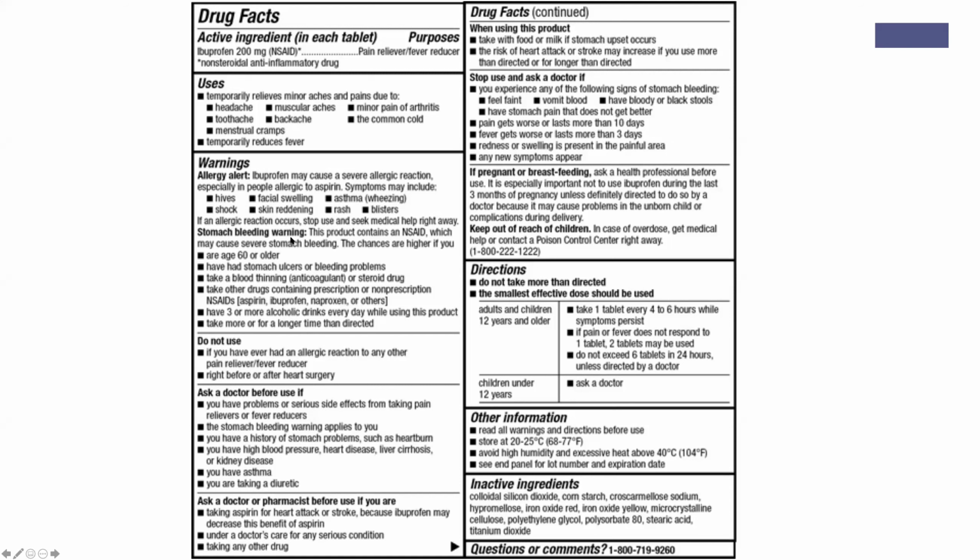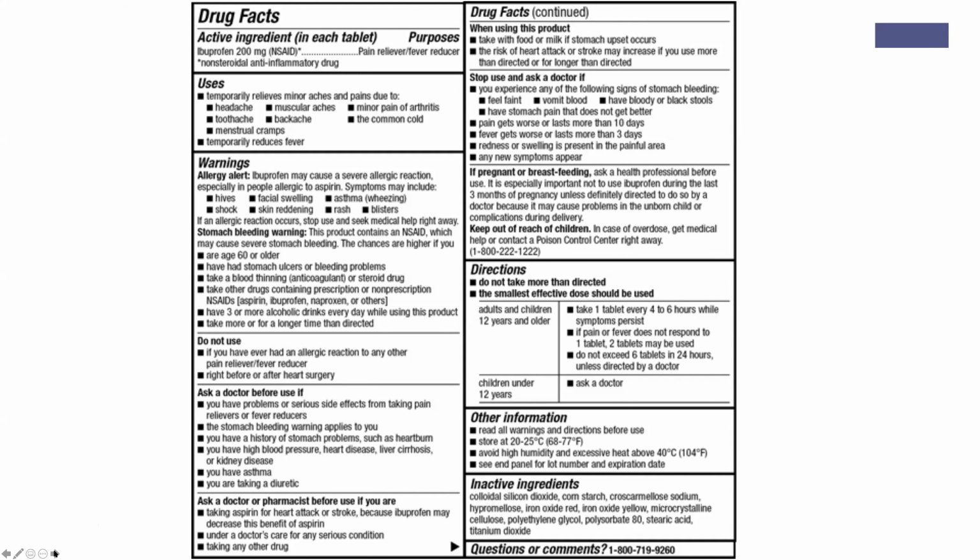Stomach bleeding. Most people don't know that if you take more than you're supposed to, you can create ulcerations in the stomach lining. Chances are higher for people who are over 60, have a history of stomach ulcers or bleeding, or are taking any kind of anticoagulant. If you read all of this, there's a lot of information here. So we go through that with them and talk to them about it. A lot of people think, well, it's over-the-counter, it's nothing. They don't know that it's also a medication that can have some very serious consequences and some very serious adverse drug effects in a percentage of the population.